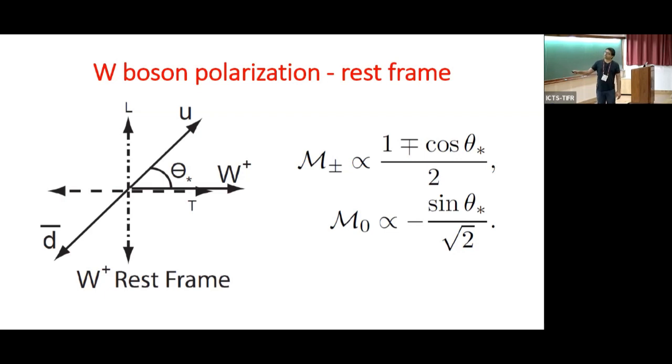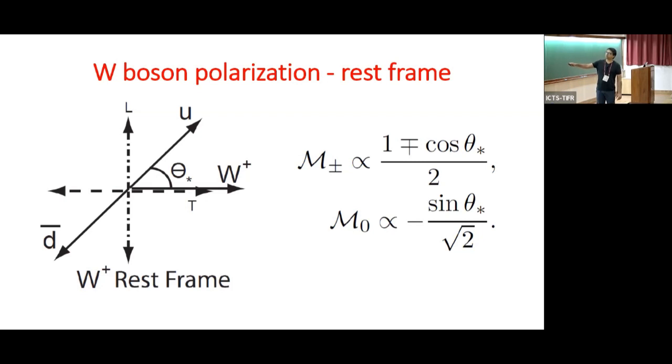In its rest frame, let's say it decays to quarks, an up quark and a down bar quark. The angle that the up quark makes is, let's say, theta star. This is in the rest frame of the W plus. Now, you can use simple angular momentum conservation arguments to argue that the amplitude for decay of this W boson